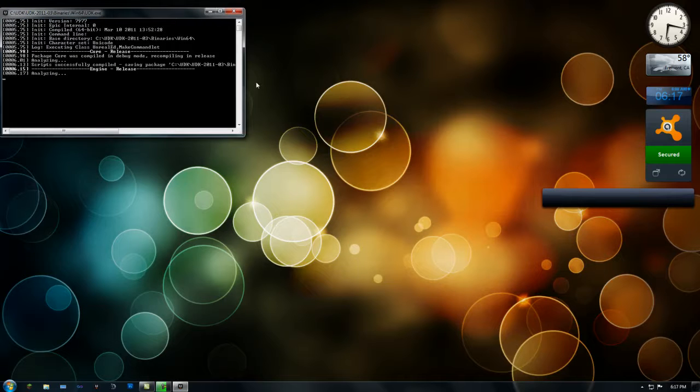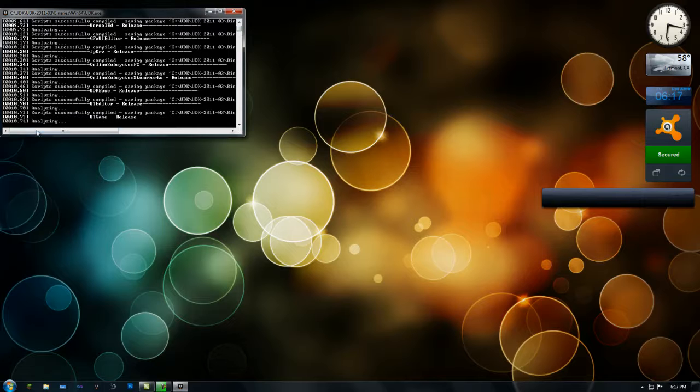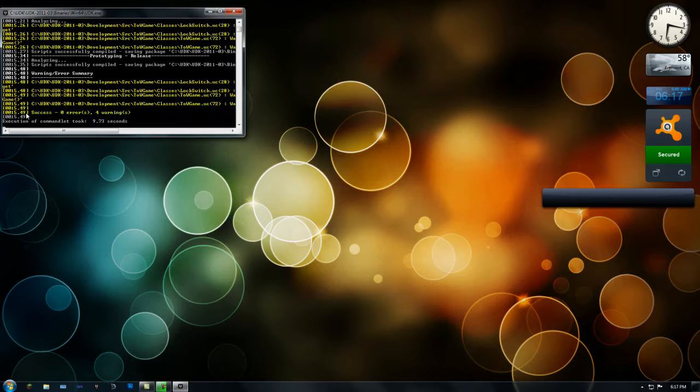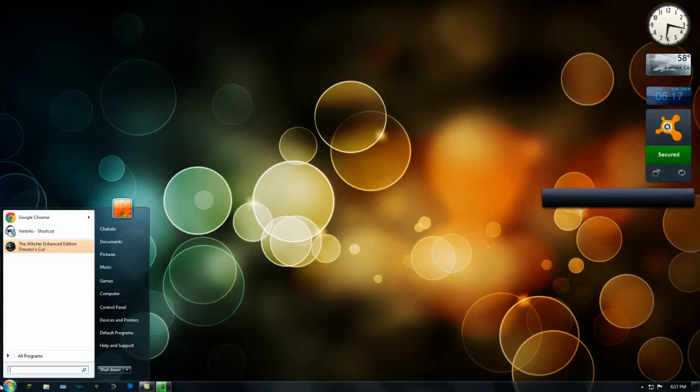It'll pop up with this little console window, and when it's done running, it should have this pop up. I have some warnings because of a different folder. That's okay. It should say success, and if it says success, then that's fine. Go ahead and close that and reopen